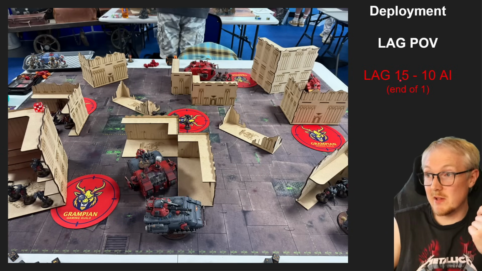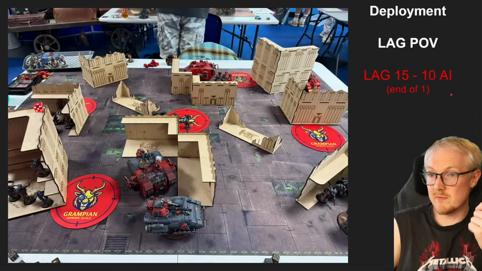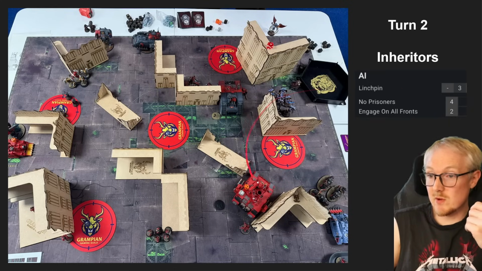I completely failed. I think my secondaries in turn 1 were No Prisoners and Engage on All Fronts, and I did neither of them in turn 1, right? Oh, I've jumped forward too many slides. So yeah, so the end of